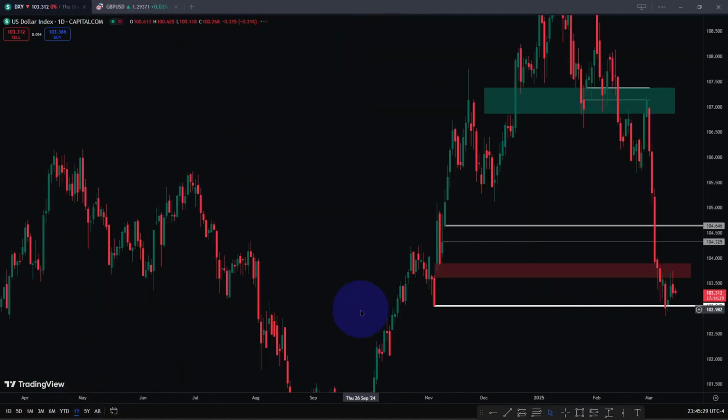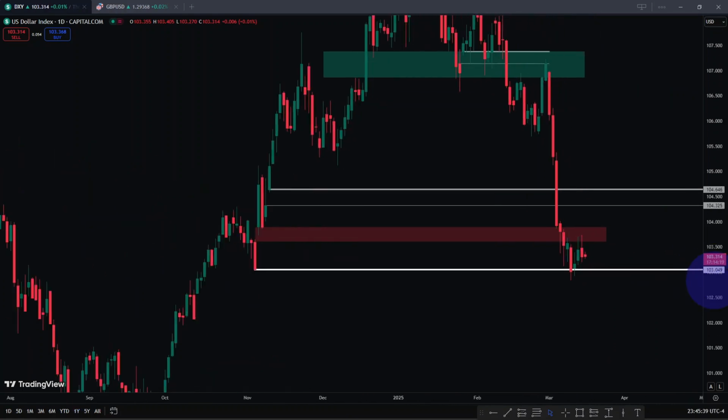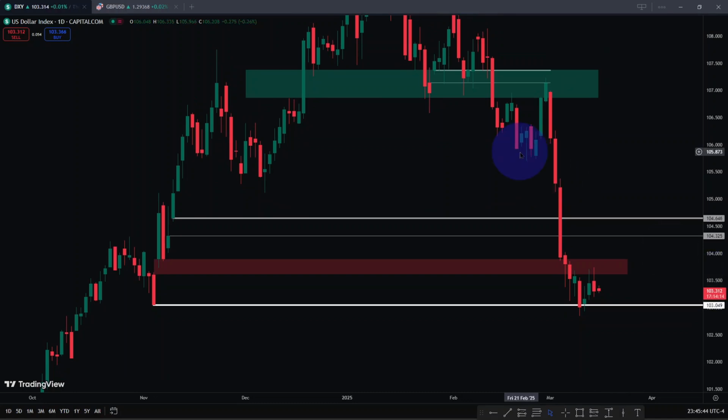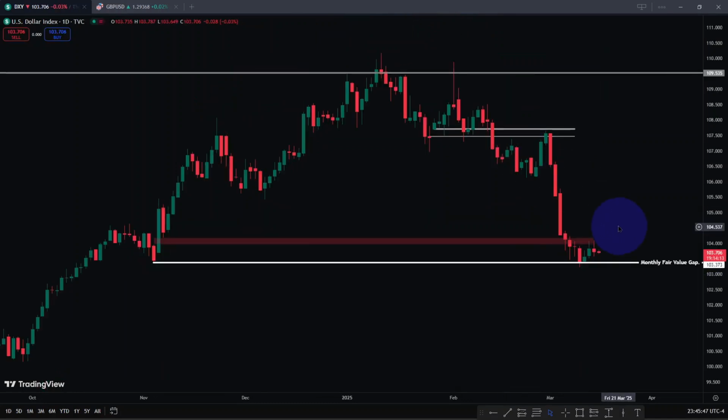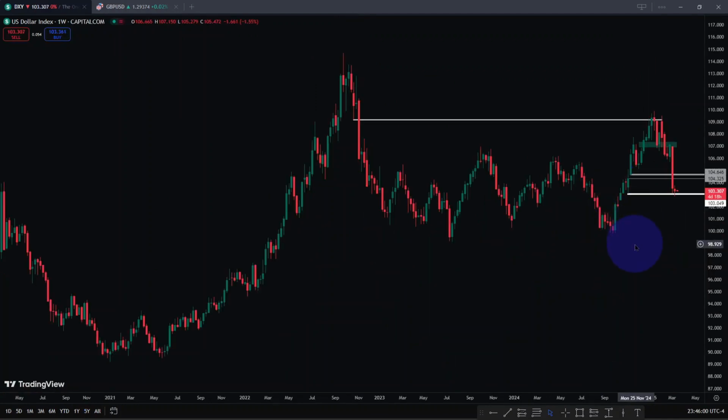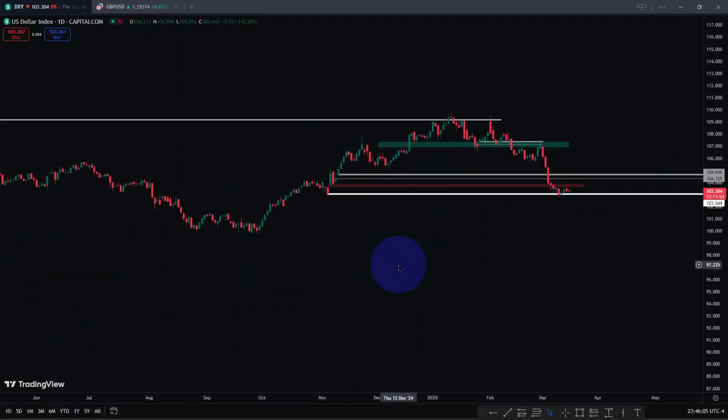Because I'm thinking that the weekly time frame still suggests that the markets trade higher into 104,325. Okay, that's on capital.com, because if you check the balance price range in TVC, I think it's sort of different. So it's 104,636. Okay, yeah, it's 104,325. So it just depends on what you're using.